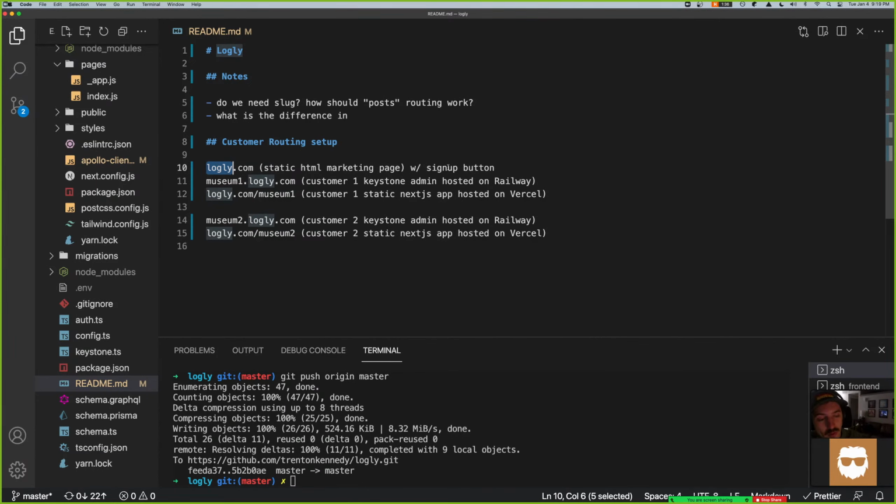When they fill out the sign up form, it will be a work order for us to create a new subdomain with a Keystone admin and everything. But he would like it to be automated, so that I'm not having to spin up a new project every work order. Do you know how you would even go about automating this?